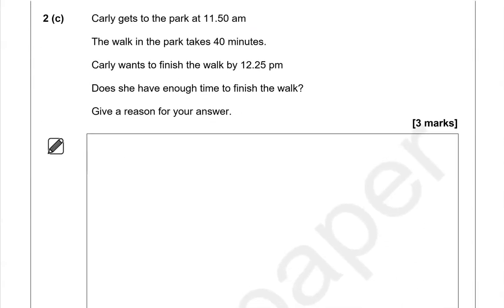Kylie gets to the park at 11:50 a.m. The walk in the park takes 40 minutes. Kylie wants to finish the walk by 12:25 p.m. Does she have enough time to finish the walk? Give a reason for your answer. So